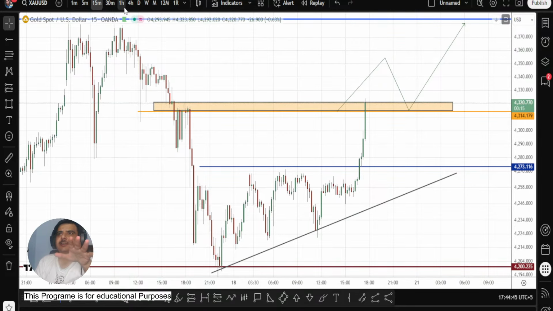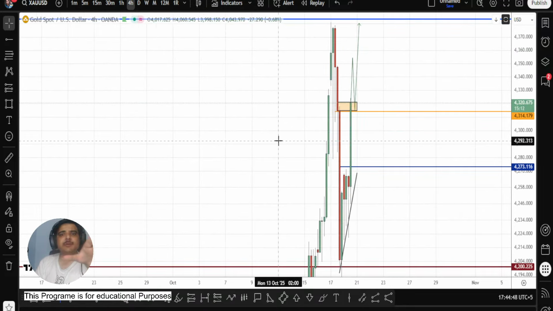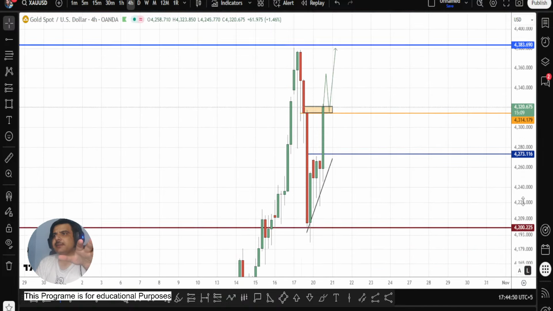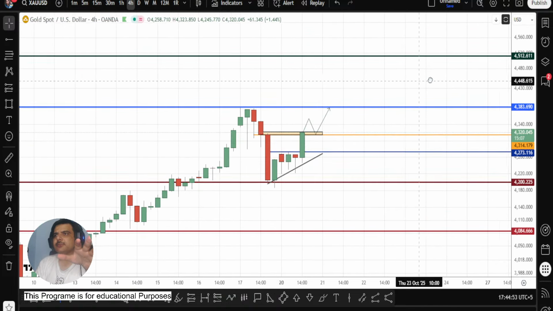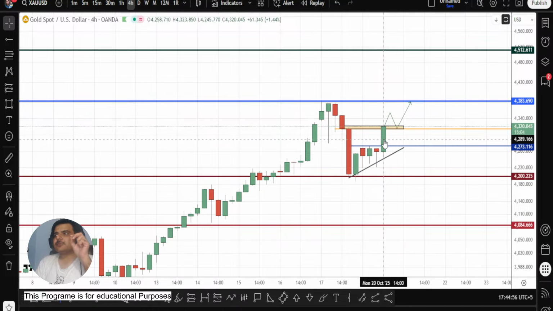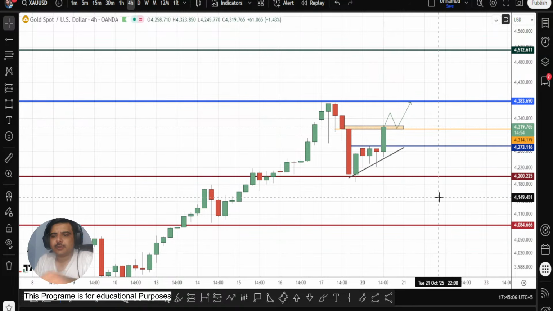Okay, 43.20. Jacob, if I tell you, and everyone listen to me, okay? See, this candle is not closed, see this one. So if it closes right here and even a little bit above 43.20, I will be way too happy. Why? Because then I will say, okay, we have got a break of structure. Now, if you guys are not understanding the break of structure, let me tell you how that should look.